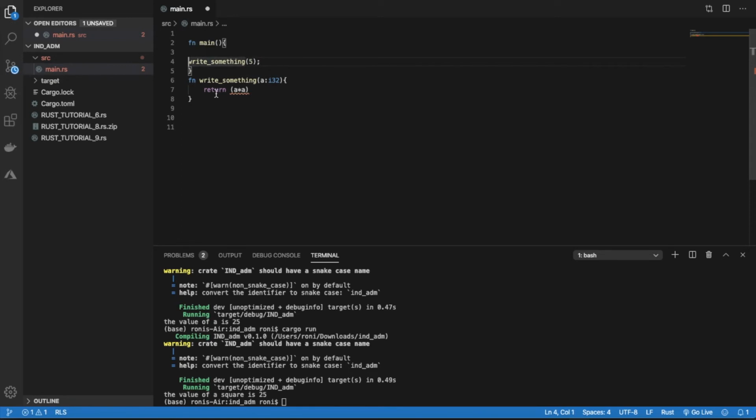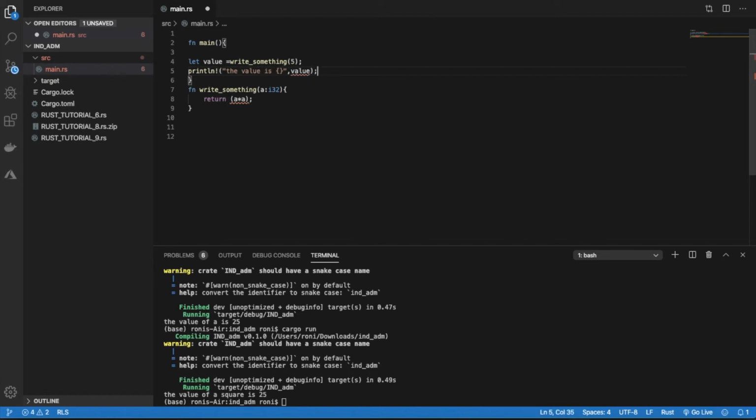What will happen, let's say, let value equals to this. Okay, and returning a into a. So now if I println with value, the value is,